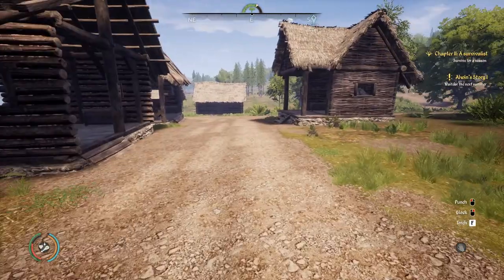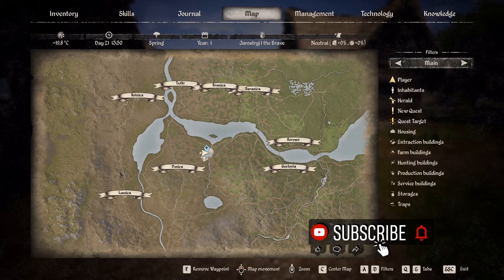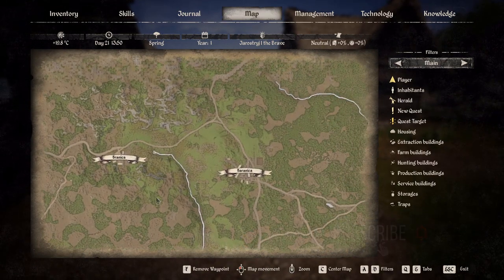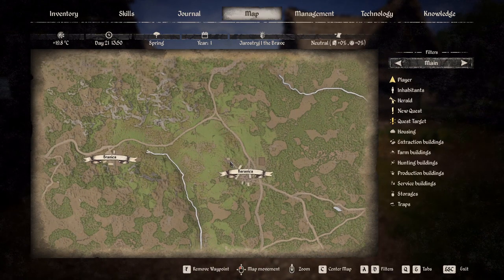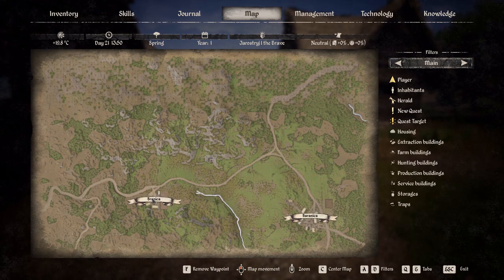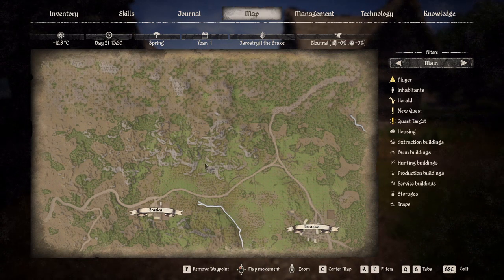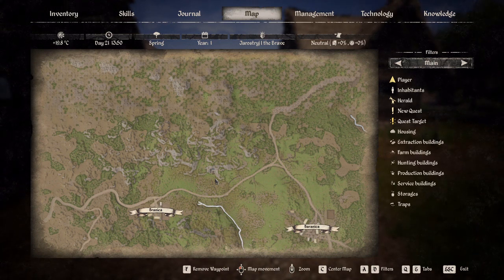But folks, that is it for this episode. In the next episode, we are going to travel over here. It's closer to Branica than it is to Baranica, but we're going to the cave that is right here. The reason we're going there is we're going to get all the salt that we can, all the copper ore, all the tin ore that we can, and we're going to bring that back and smelt that all down and make as much